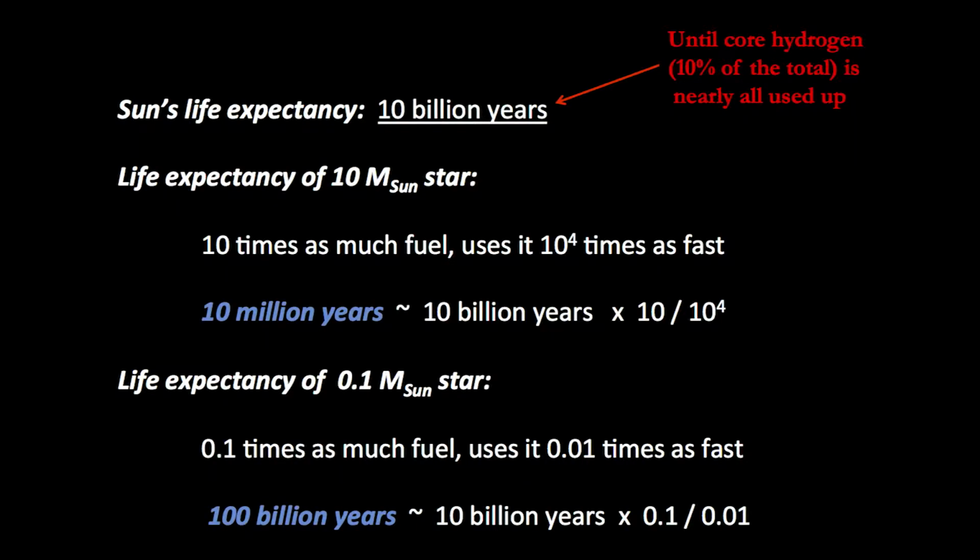For reference, the Sun's total main sequence lifetime, which is the time that it spends converting hydrogen into helium by the fusion process, is about 10 billion years. If we take a star 10 times the Sun's mass, by no means the largest possible, but a typical high-mass star, it has 10 times as much fuel as it starts its life. But its luminosity is so high that it's consuming that fuel 10,000 times faster. 10 divided by 10,000 is 1/1,000, so its lifetime on the main sequence is 1/1,000th that of the Sun,